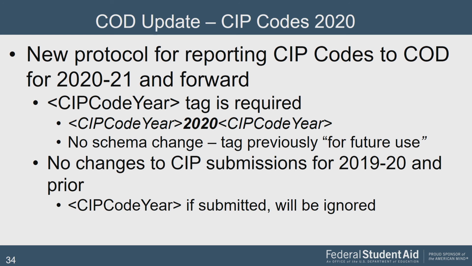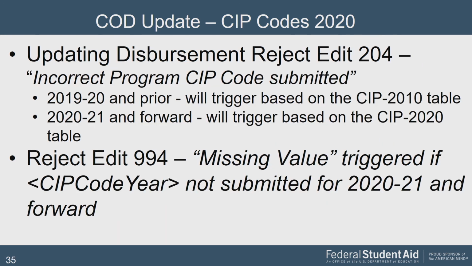And if you submit the CIP code year for 1920 and prior, we will just keep ignoring it. So, okay. COD system will assume that all CIP codes for 1920 and prior are based on the 2010 table of CIP codes that we had been using. And all the CIP codes submitted for 2021 and forward will be accompanied by the new CIP code year tag